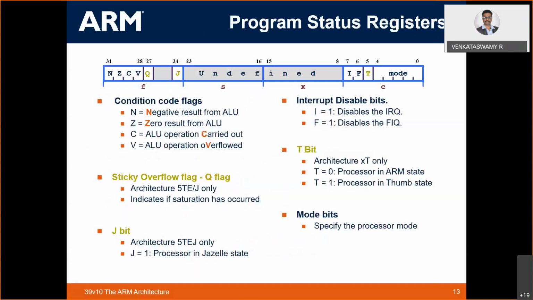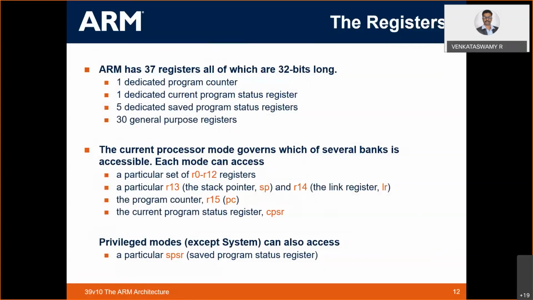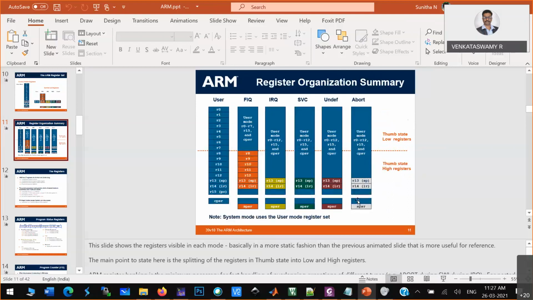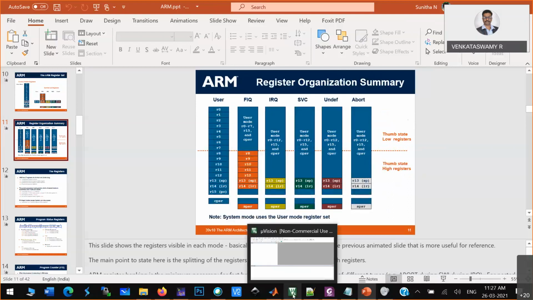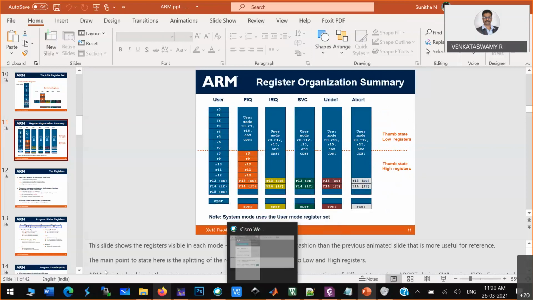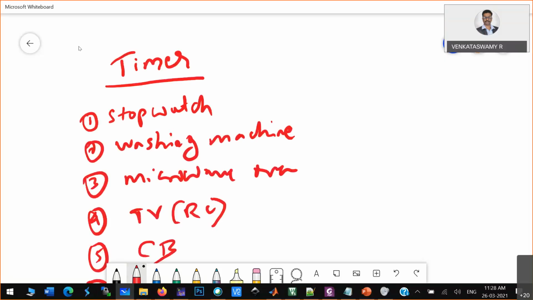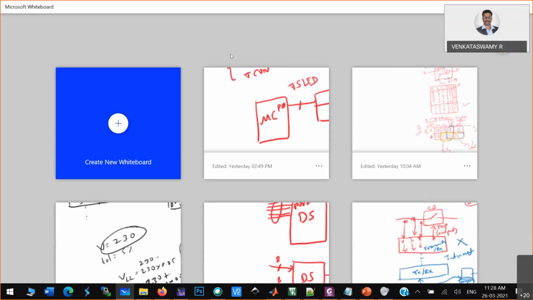Now we know the program status word register, and we know the programming model of this particular ARM. So now I'll try to write a simple program. We have done assembly programs for 8051. Let us see how we have to write the assembly program for the ARM microprocessor. Now you see here.